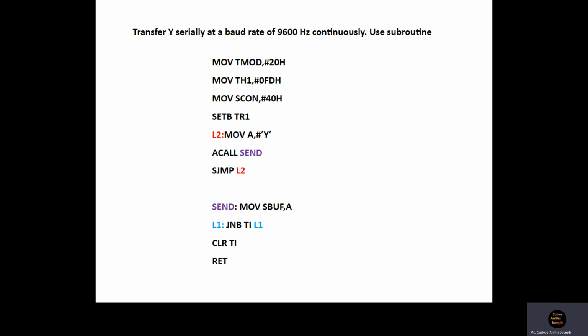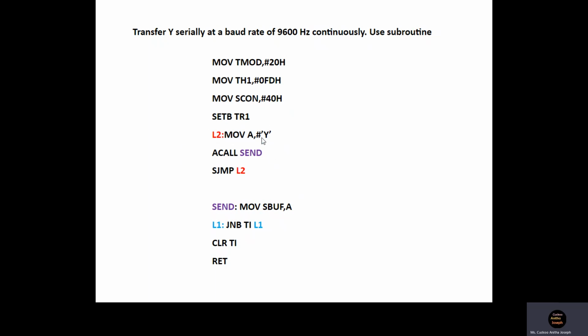continuously. Now it is not absolutely necessary that you include MOV A, #'Y' in the loop, because the content of the accumulator does not change in this program. But this pattern has been given because it can be a small word instead of the letter Y. Suppose you have to transfer YES. Then how will you modify this program?